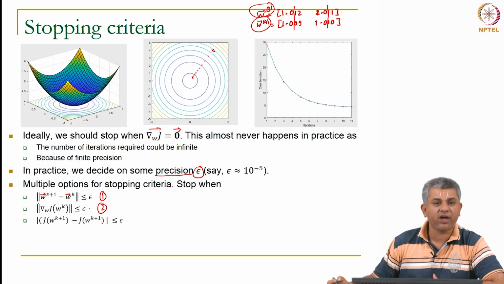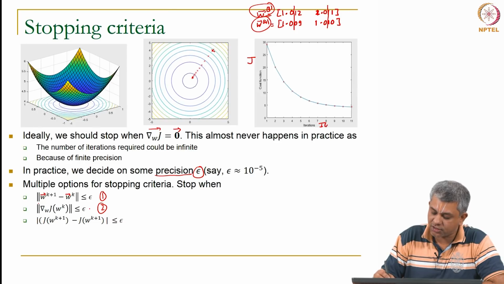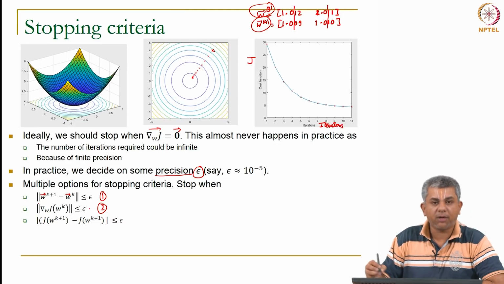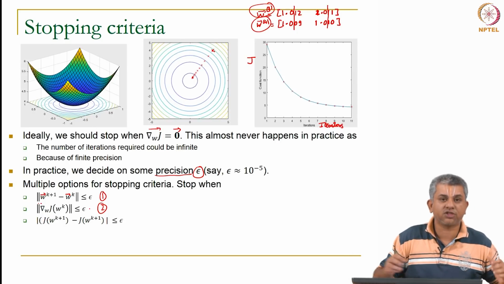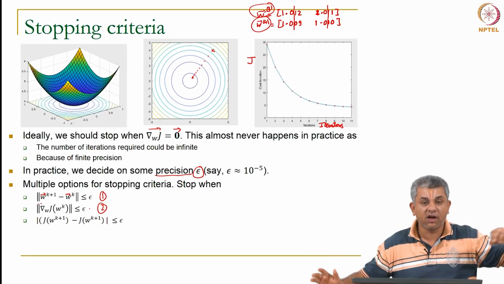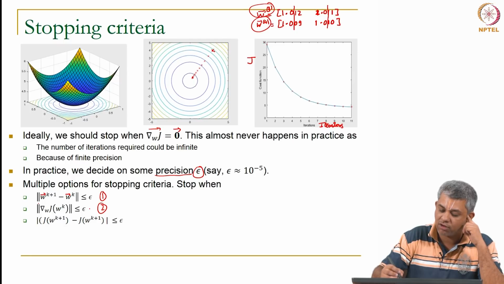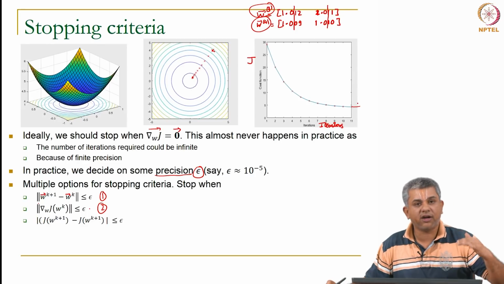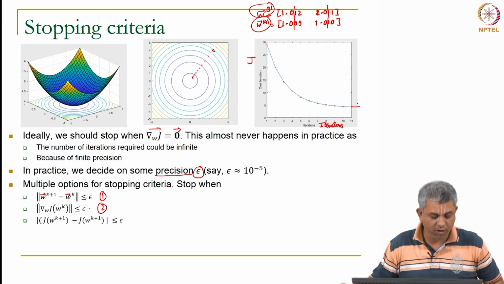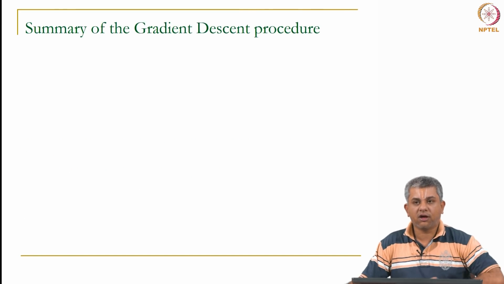So, here is a standard figure that is often drawn: this is J, this is the number of iterations, and people often visually track the convergence. You can't track the convergence of W because W is lots of vectors, but you can track the convergence of the cost function. Here it started at some value. In our case it started with 29, it slowly started decreasing, and you can get satisfied that maybe after some time it will converge to some value and you could stop here. So, we can look at the difference in J's. This is the third choice that we have.